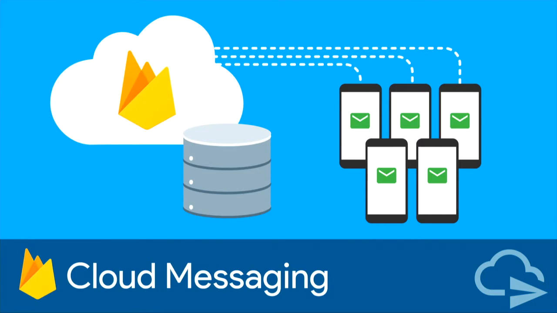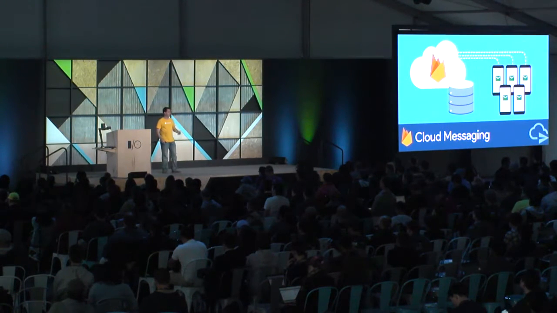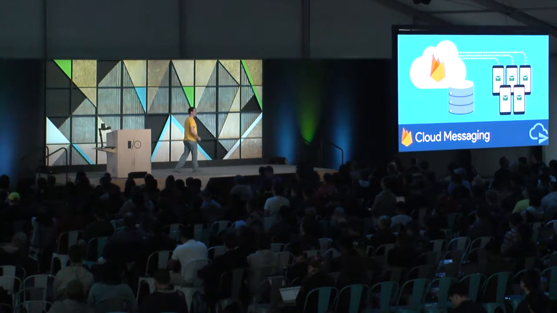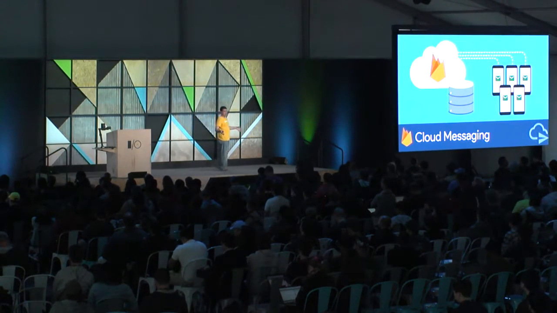Now, you probably don't want to be glued to your app all the time. So imagine you're a passenger and you've hailed a ride, and the ride is like 10 minutes away. You don't want to stare at your app for 10 minutes waiting for the driver to arrive. So what you can do is allow the user to put the app away, and then send a message to them when the driver gets near. And you can use Firebase Cloud Messaging for that.